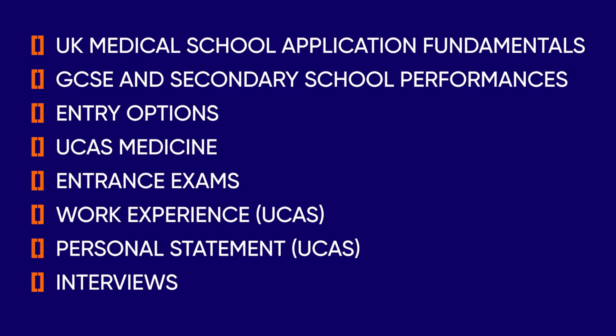Here's what we're going to cover today. UK Medical School Application Fundamentals, GCSE and Secondary School Performances, Entry Options, UCAS Medicine, Entrance Exams, Work Experience, Personal Statement,